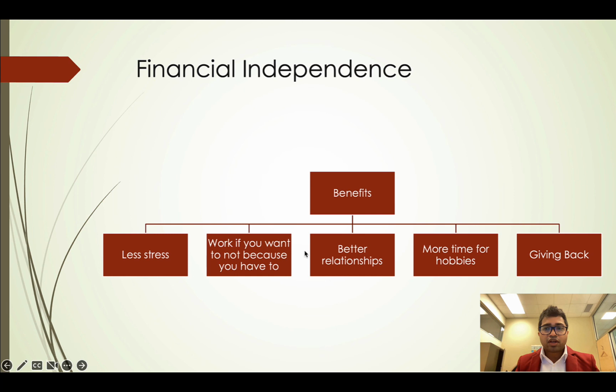It brings financial independence. It leads to better relationships because as a family you are working towards something. So it builds trust, it builds security, and those are important in any relationship. Also, when you achieve a big corpus, there is more time for hobbies, right? Because you're less stressed. You can cut down on work if you want to, and work on your hobbies. And also, a lot of people who have achieved their FIRE number give back to society because you have the flexibility to do that. So there are a lot of benefits in achieving financial independence.